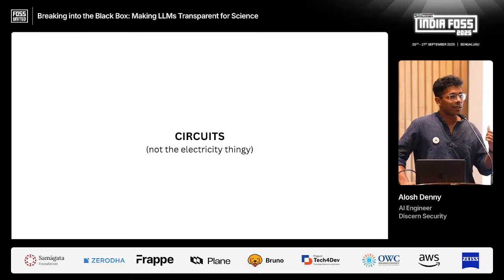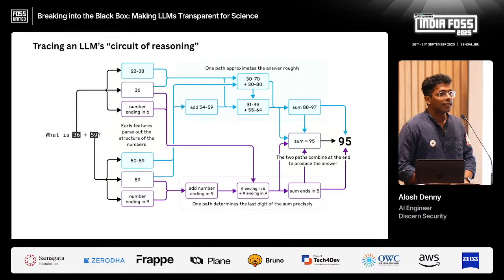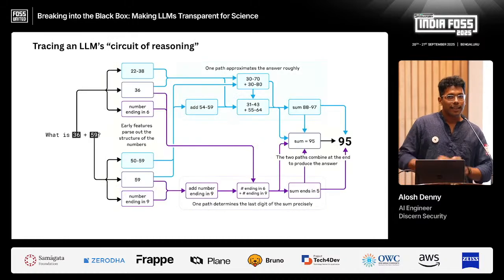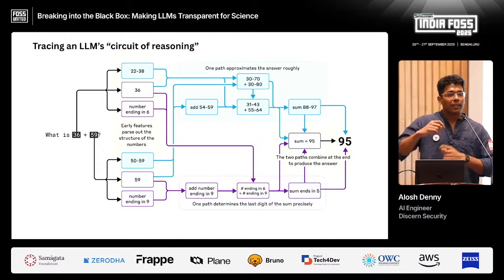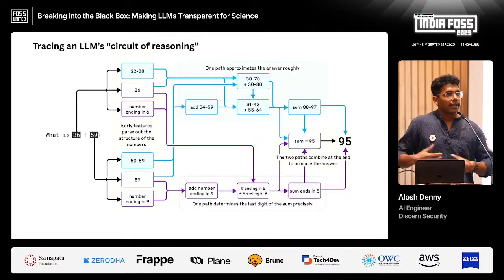And that's where something called circuits comes in, not your physics circuits, but circuits in reasoning. And in fact, this is an actual LLM's reasoning circuit. It traces the exact path of how LLMs think. When you ask it a question, what are the exact regions it goes through? What does it exactly think about? And where does it concatenate all this information to give you a solid answer?